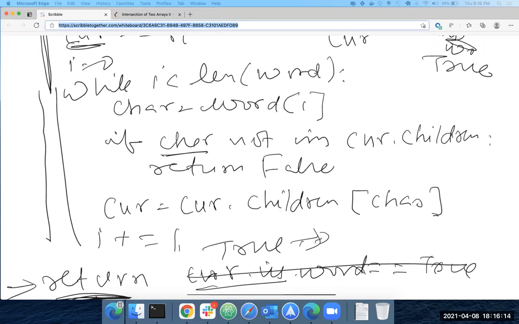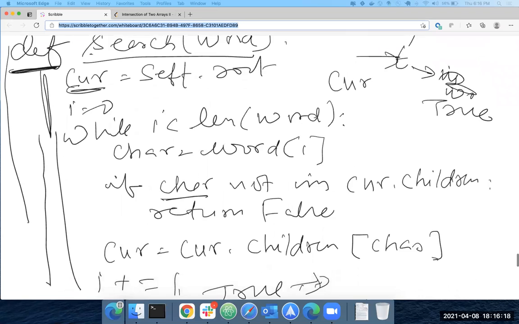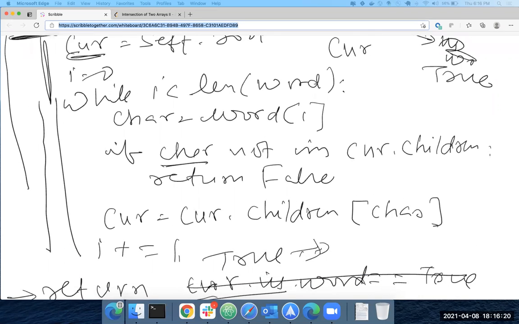So Padmaja, if you know how to code search, just what I showed you in the template, all you'll have to change here is if the character is a dot, then you're not actually going to check for it in your current node's children. You're going to use if some DFS call, let's say you pass in your index plus 1, because dot is a wildcard. And if this returns true, your answer is going to be true. Clear?